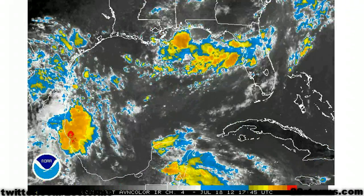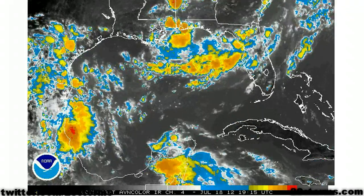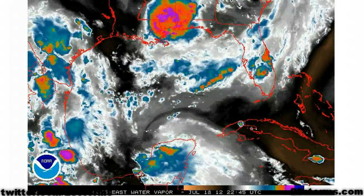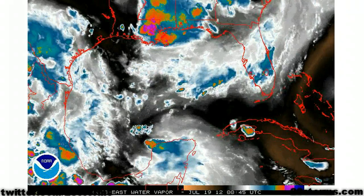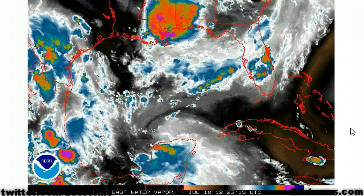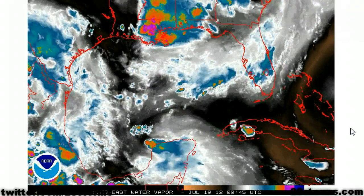Starting off in the Gulf of Mexico this time, we do see some sporadic convection to the west of Florida. And anytime there's convection over the Gulf during hurricane season, it does bear some watching. But this convection is mainly related to an upper level low that is situated over the Georgia and South Carolina coastline. And we see another more impressive upper level low coming in from the east over the Bahamas. So conditions in the upper levels do not support anything tropical, but we will stay in this rather active and